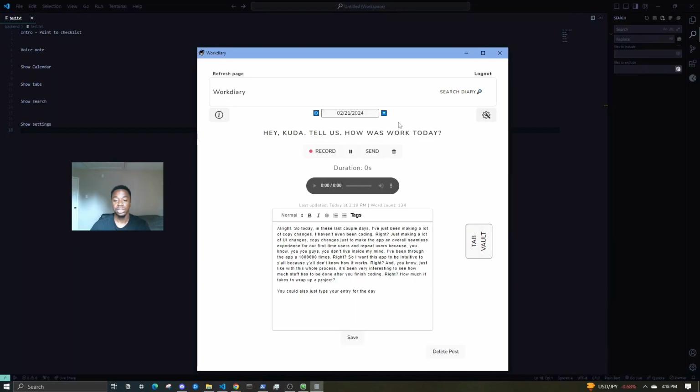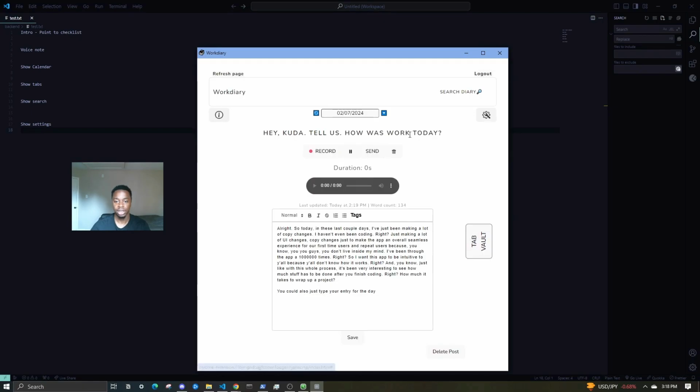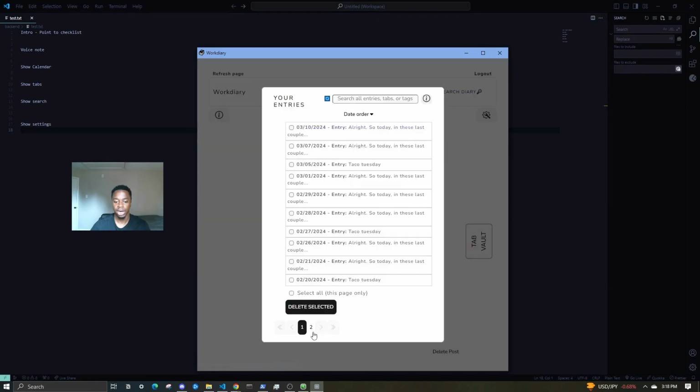All right, so like I mentioned, there's 2 ways you can navigate the different entries in the app, right? You can come here through the calendar and navigate to different entries, or you can type in the date, or you can come here and search your diary. So today's March 10th, right? So here's my entry. You can see it and you can navigate to it like this, and bang, it takes you to March 10th. We kind of click through here,